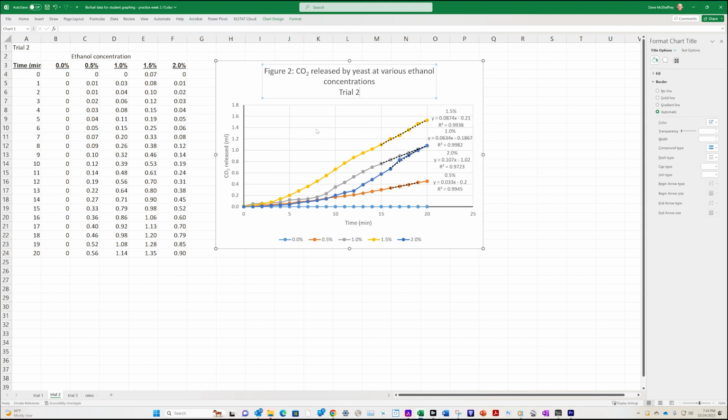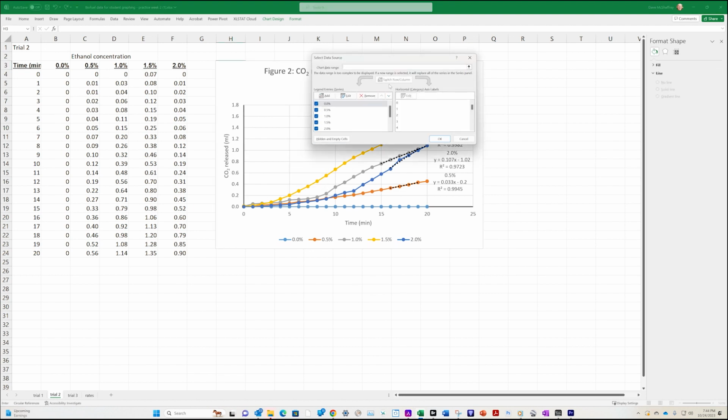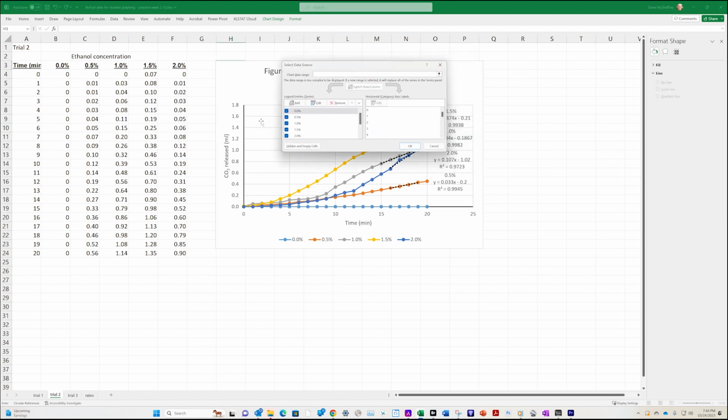What I can do is I can start getting rid of things a little bit, but it'll be easier in a second. We need to get rid of the old data and put on the new. But let me show you the easy way to do that as well. I'm going to right click in the plot area and go to select data. Okay, I am going to go to my 0%, which I don't really need to change, but I'll just show